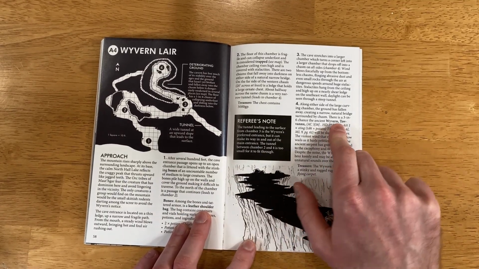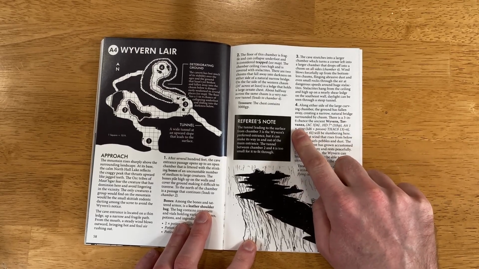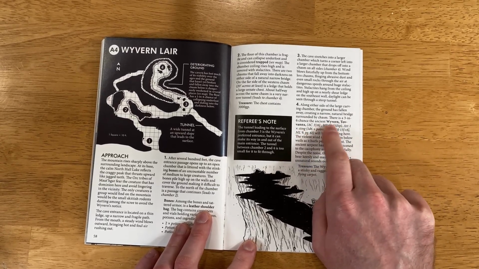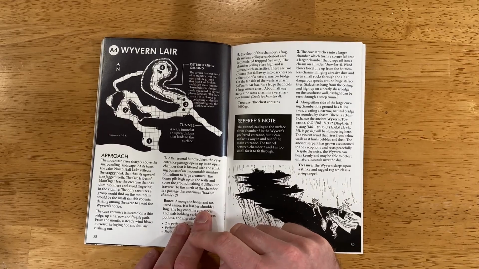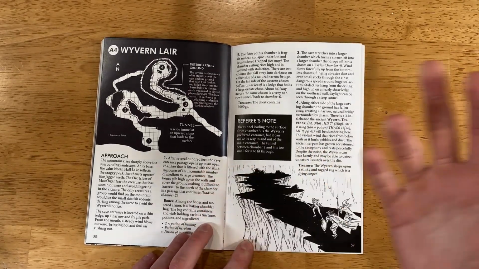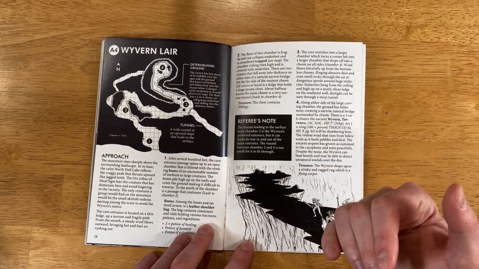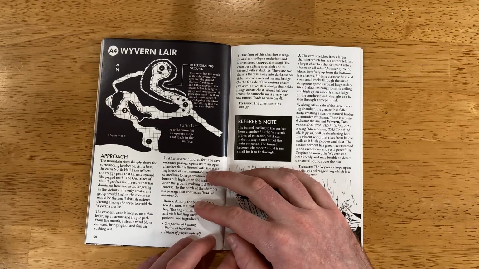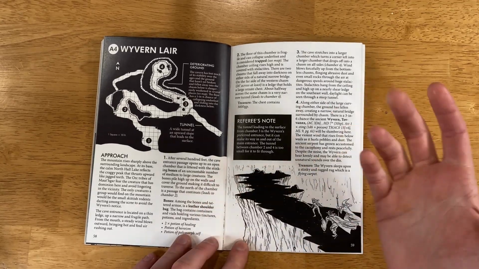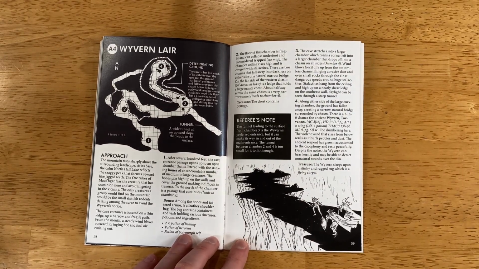The wyvern is known as Tovanks. I'm sure I'm mispronouncing that, but you can see it right there. It lives in the mountainside, and most people, the orcs and the humans, try to avoid it at all costs because it's quite nasty. But of course, as players, they can try to head up the mountainside and take the wyvern head on within